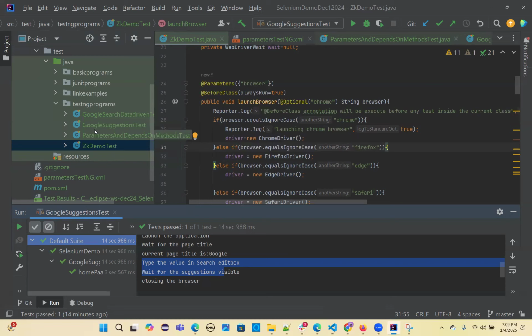Now you need to create a suite file for these three classes. First, let's run the classes parallelly. All these three classes I'm going to run in parallel. Parallelly means one test case I'll run on Chrome, one on Firefox, and one on the Edge browser, so that we can cover all the browsers. That's the main motto of this parallel execution. Many interviews will ask, how can you run test cases parallelly? Why do you want to run parallelly? First of all, to